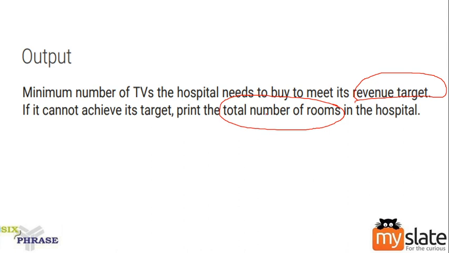Okay? So now let us start working on the algorithm part. Let us create a set of steps, and based on those steps, let us proceed. What is going to be our ultimate aim here? We should reach the given target, right? Until the target is reached, what did we do here? We calculated the income and we kept increasing the number of TVs. Yes, so until we reach the target, we'll increase the number of TVs.